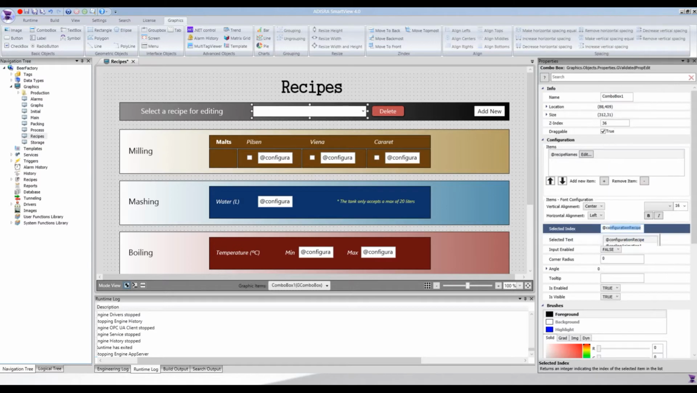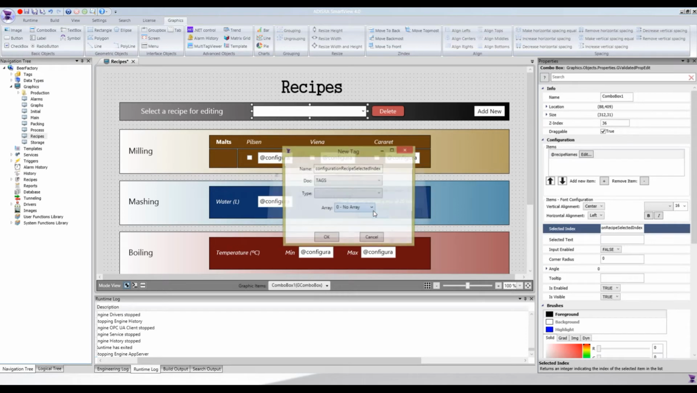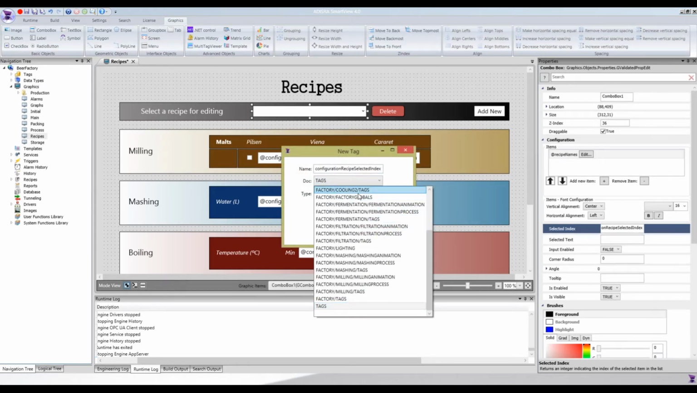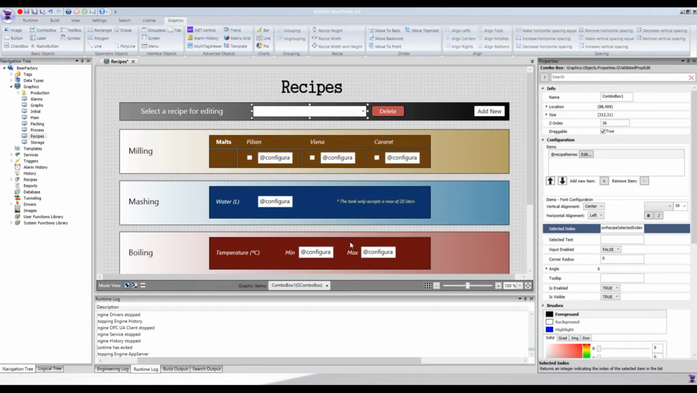So I'm gonna create one called configuration recipe selected index. It's not created yet, so I'm gonna create it. It's gonna be also inside factory globals, and it's gonna be type integer. It's not an array. Okay, it's already created, and we can go to the next one, which is the input